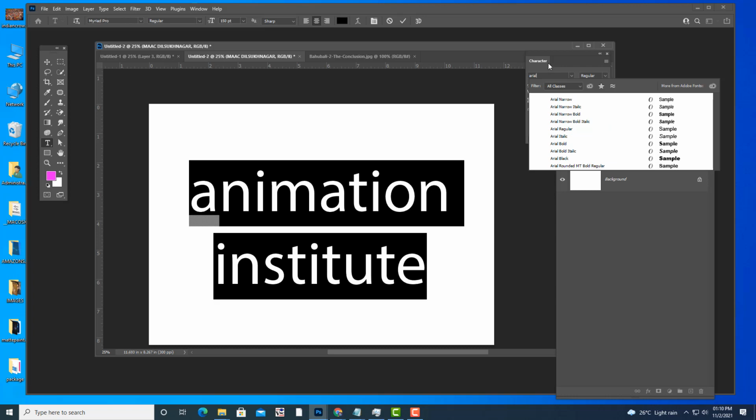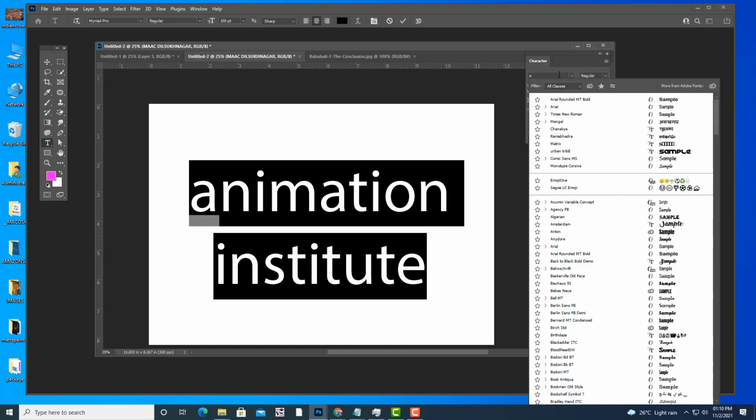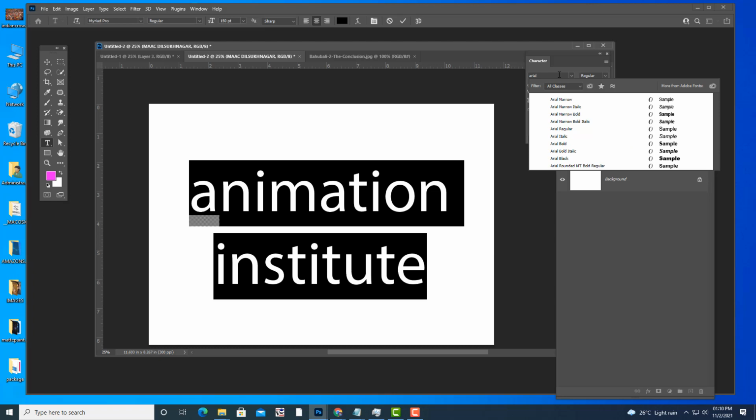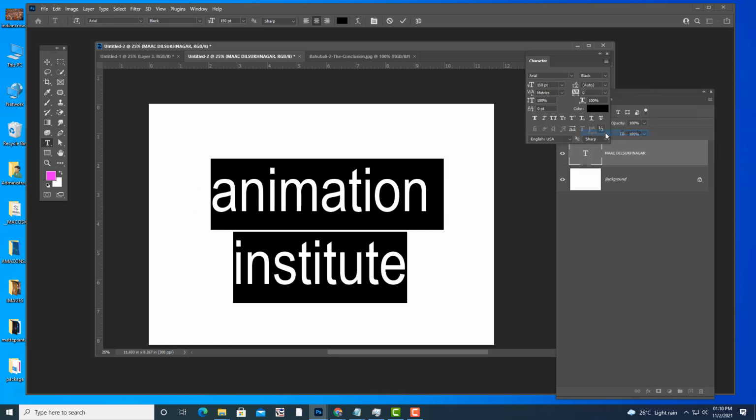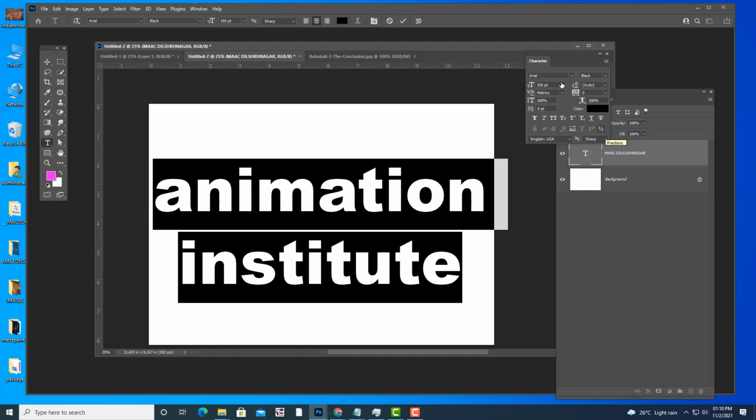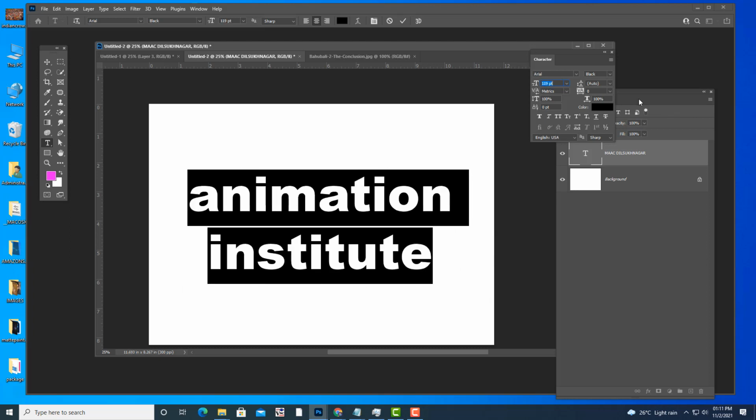And if you want a very thick font, what do you have to do? One minute. Arial Black. Arial Black is the thickest font. So now this is Arial Black, the thickest font, and you can reduce the size of the text by putting your cursor over there and using the down pointing arrow. Okay, now we will see what are these options at the bottom. See, the first option is Faux Bold. Some fonts do not have the bold option. Arial Black font has it.